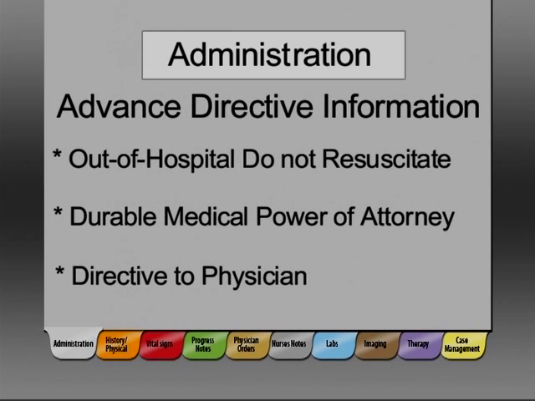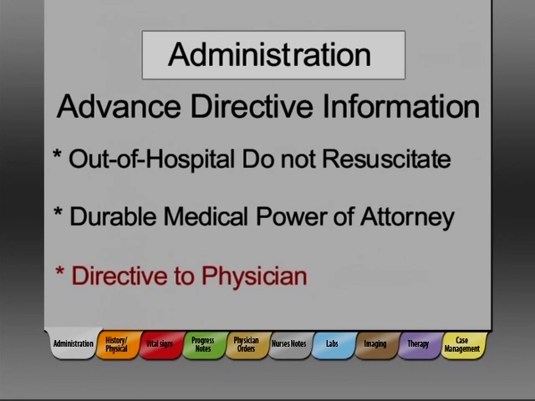Near this section, and sometimes in the very front of the chart as you open it up, you should find the advance directives. The advance directives identify the type of medical care the person wishes to have in the event of a medical emergency. There are several types of advance directives, including out-of-hospital directives, who the person has designated to make medical decisions for them in the event they are unable to do so for themselves, and directives about whether they want artificial life sustainment procedures, such as feeding tubes or be hooked up to a